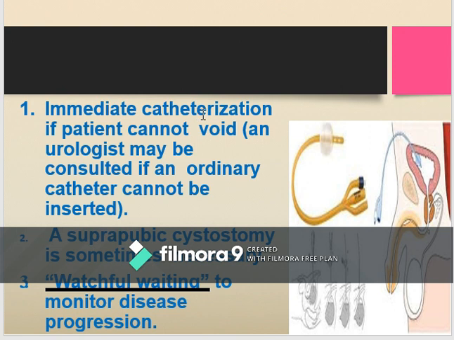First is immediate catheterization if the patient cannot void at all. You have to first consult the urologist if an ordinary catheter cannot be inserted. Why? Because we already saw that this is the prostate gland, this is your bladder, and sometimes it develops so much that the catheter cannot be advanced into the bladder past the obstruction. So in such cases, what is done? They will do a suprapubic catheter insertion, because you cannot insert the indwelling catheter through the normal urethral route.